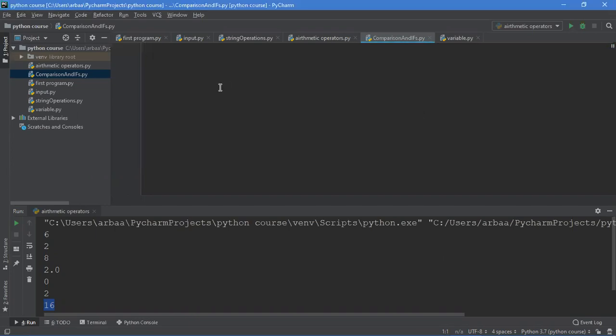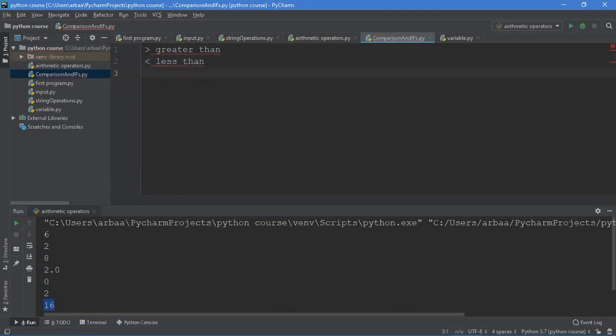Our comparison operators just help us to compare two or more values, right? We have about four to five comparison operators, and I'm going to explain all of these. The first one is called the greater than sign. So we call it the greater than. Most of us know it. I'm going to say greater than, and then this one is called the less than sign,